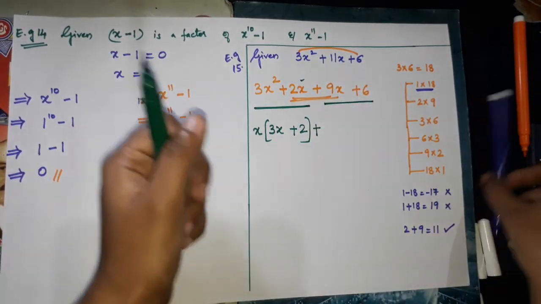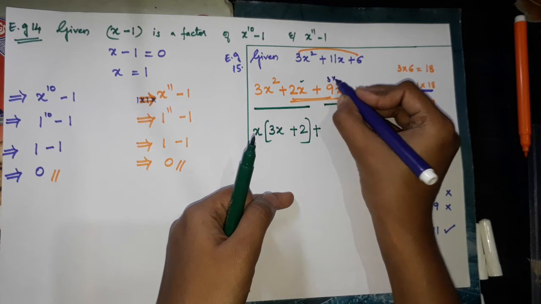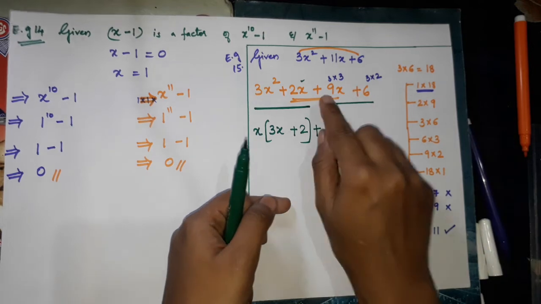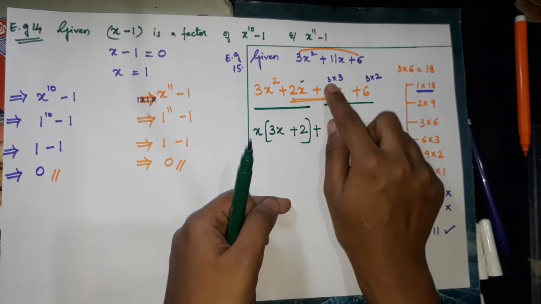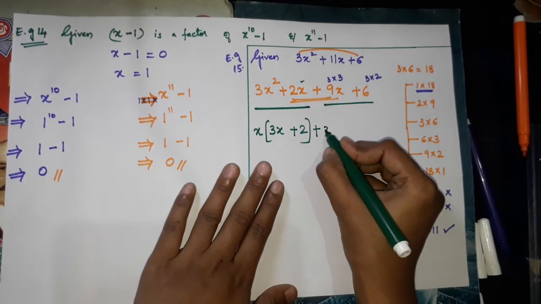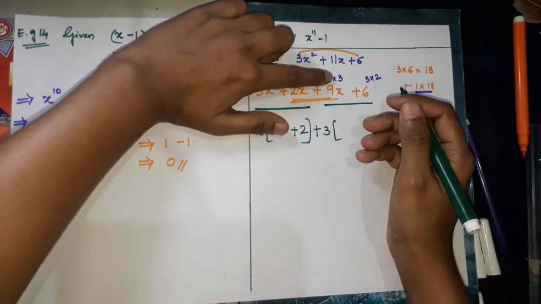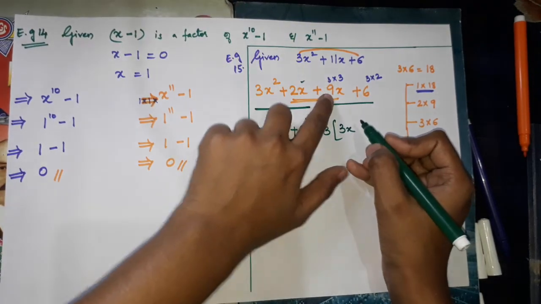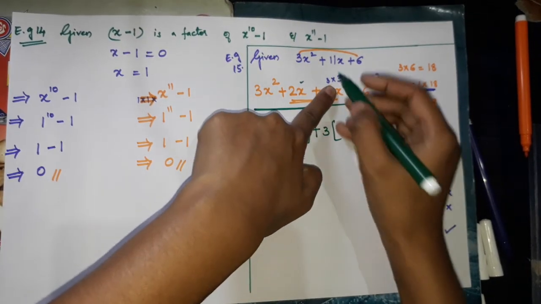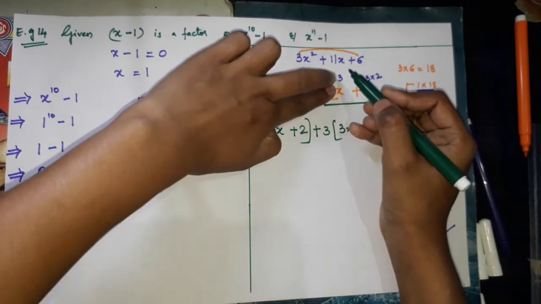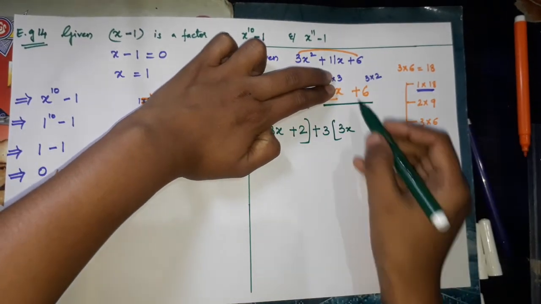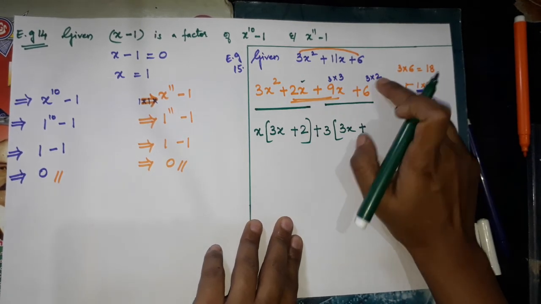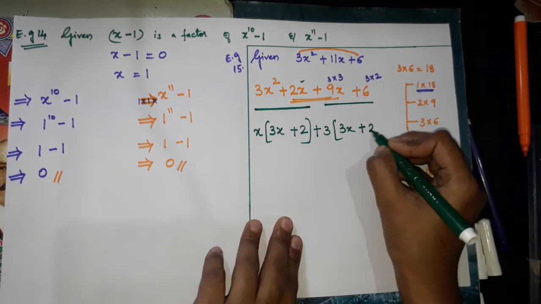Plus. Now in place of 9 I can write 3 3s are 9. In place of 6 I can write 3 2s are 6. So here and here what is same, children? What is common? 3 is common, right? Now when I removed 1 3, what is left here? 3x. Now you must not check 9, children, okay? 3 3s is 9. So 1 3 we have taken. One more 3 is left, okay? 3x plus. Now from 3 into 2, 3 I have removed. What is left over? 2.